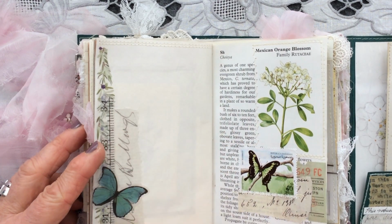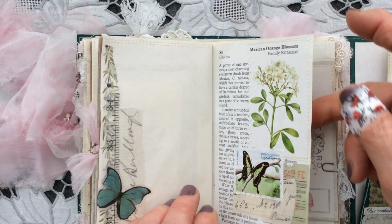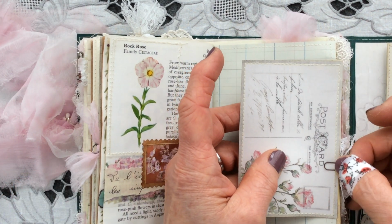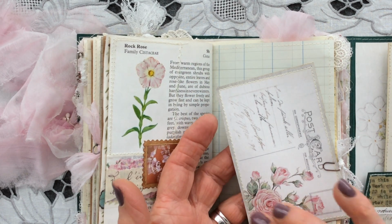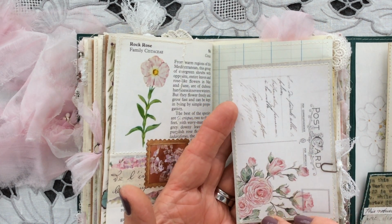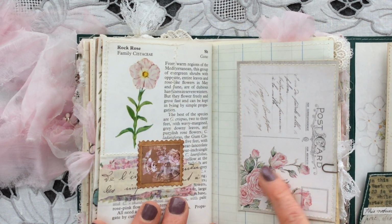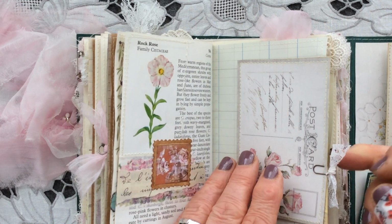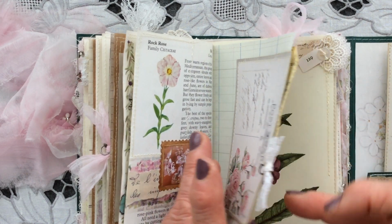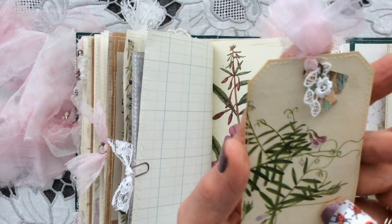Over the page, more collaging, and same again here on this Observer book page. And again here, this is just a little postcard with some roses on, as you can see. This is not vintage in the slightest. It's from a paper pad, but I just thought the colours went beautifully. And it's just held in place with one of the range of tiny paper clips and some lace at the side. This is a tag I've made